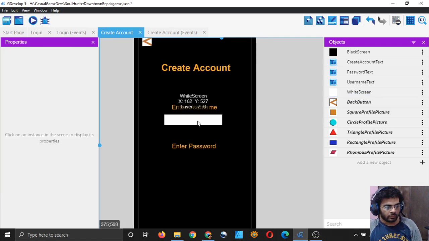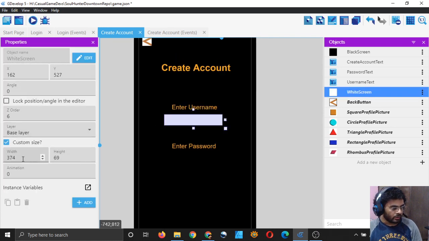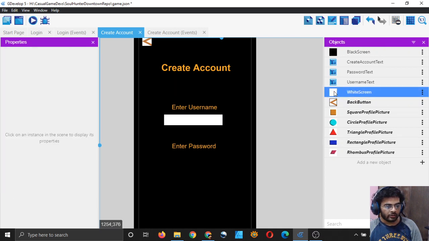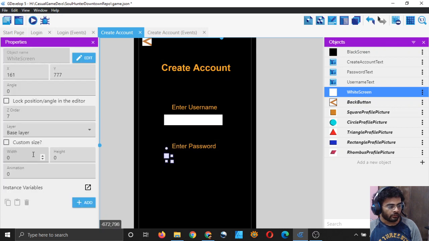And you can see the width is 374 and height is 69. So I will drag another instance of the same screen, and I will simply type 374 in width.